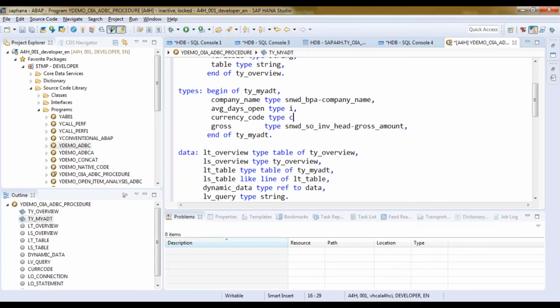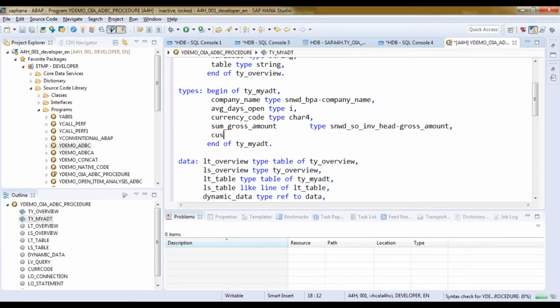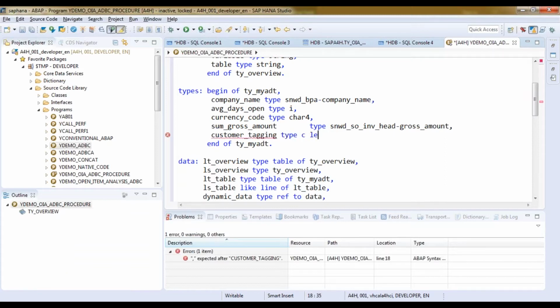You can use a character CHAR4 also, not a problem. Sum gross amount is of type gross amount field, and finally customer tagging, which is a character of type C, length 1. Is that clear to everybody?